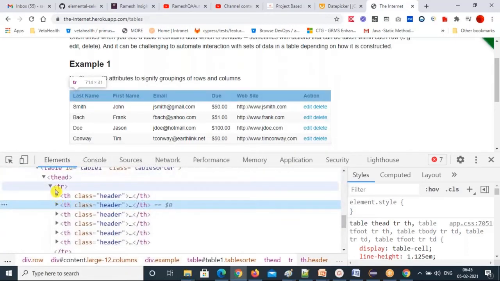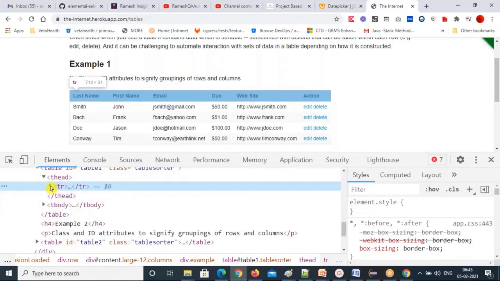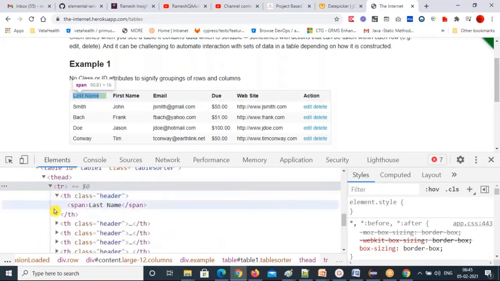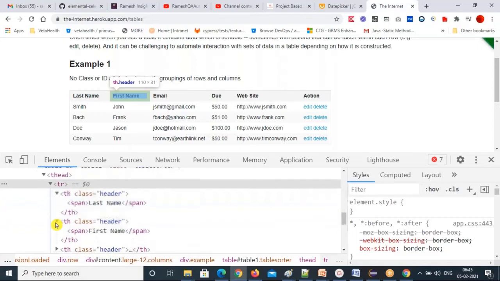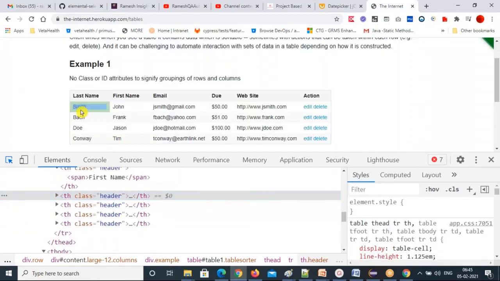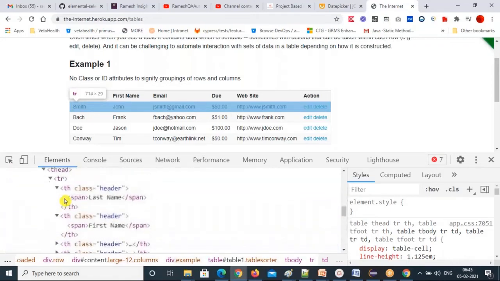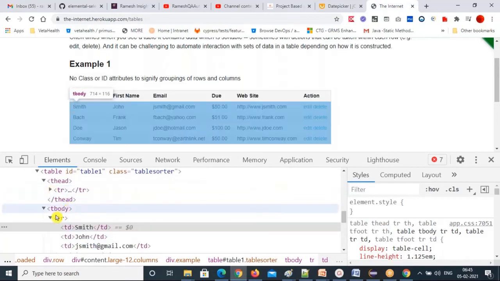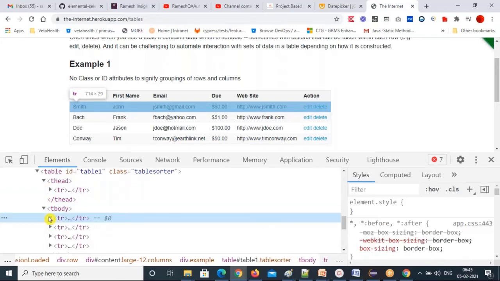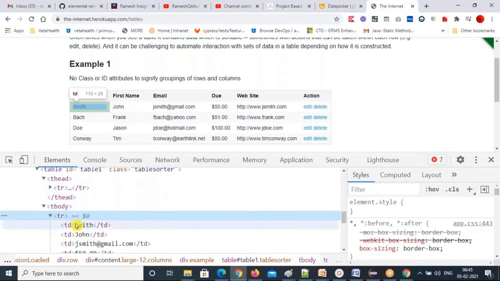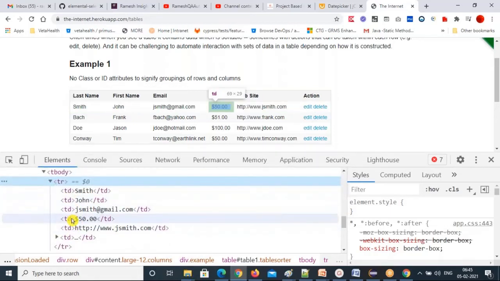So this is every row. See, this is row one, and you have a th inside this span, so you can get all the things. Here is another one. Every row has tr, td, all these things. You can ignore this row, and we can start from tbody onwards. Tbody, tr. This tr contains again many tds, right? The same way how we did for the date picker, you can try that. That logic you can apply, get all of them, and get the particular cell text.